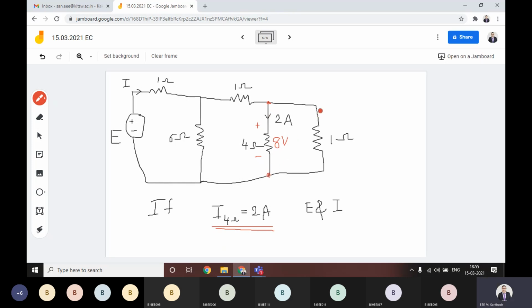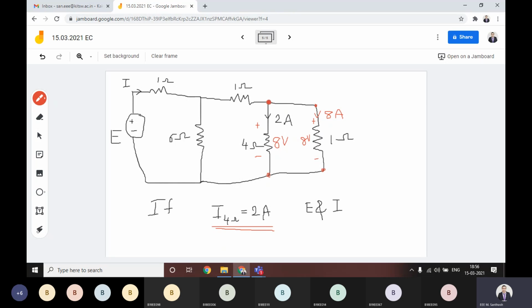You know already, this is one element and this one is one element. There is no element in between. Is there any element? No element is connected. For that reason the voltage must be the same, both are parallel branches. So this value is always equal to 8 volts, then this one also 8 volts only. Then how much current is flowing here? This is 8 volts and this is 1 ohm. What is the ampere value? 8, sir. This will obviously be 8 amperes, right?